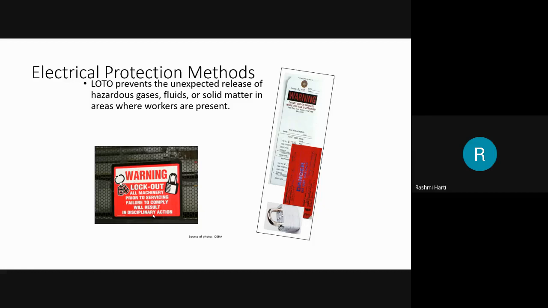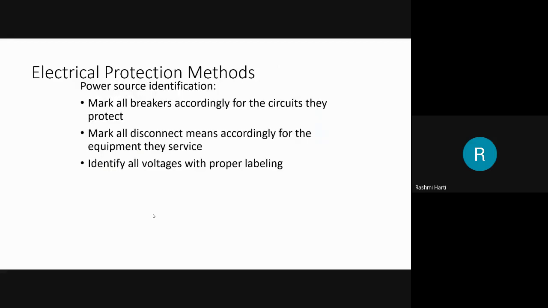Okay, and then shut off energy sources. Lock switchgear in the off position. Each worker should apply his or her individual lock and keep the keys with the worker. Okay, test equipment and circuitry. Deplete stored energy. Okay, apply a lock or tag to alert other workers that an energy source or a piece of equipment has been locked and tagged out. Make sure all workers are safe and accounted for before equipment and circuits are unlocked and turned back on. Okay, all these are various things which have to be followed by the employees, right?